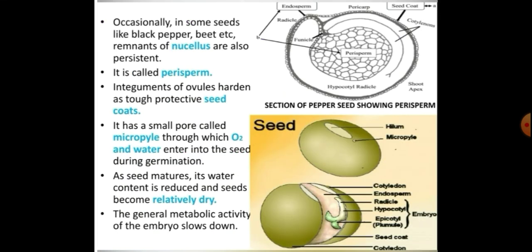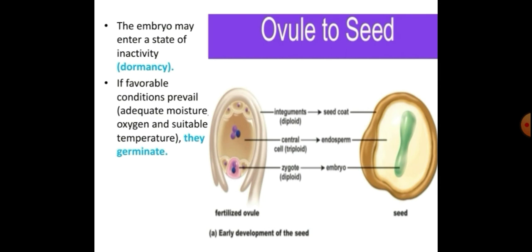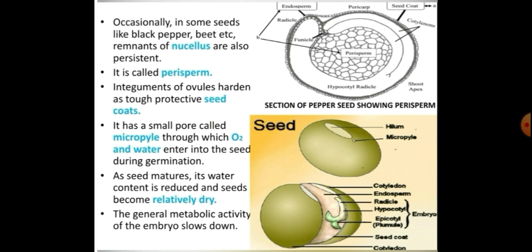Some of the seeds will have nucellus, which is a nutritious layer that helps in nourishment. Here you can see in the fertilized ovule, the nucellus is also there. That will convert itself into a perisperm, and the perisperm is present in very few seeds. Here there is an example of a pepper seed which shows you the perisperm. Here it is the perisperm. The integuments, nucellus and all are part of the mature ovule.